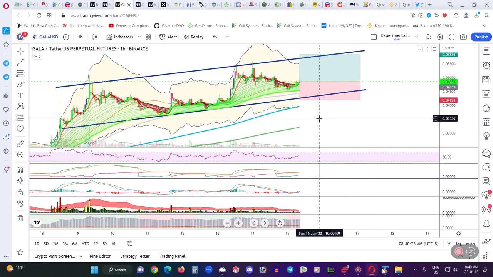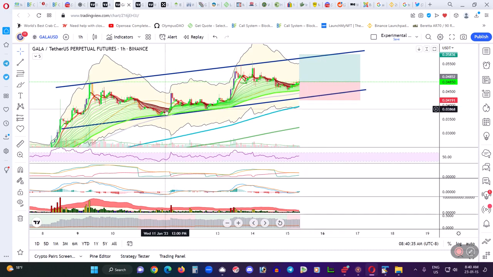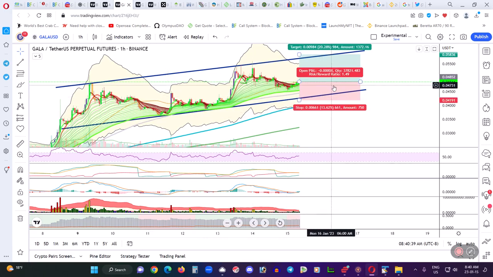because I think the main thing to consider about GALA is it's a great project. It's been talked about extensively. It's done nothing but really go up, and it's got a great future. I'll show you why in a minute. As soon as we set up this trade, okay, so current price, this is the entry. The target is 20%. The stop loss would be down here, which is below